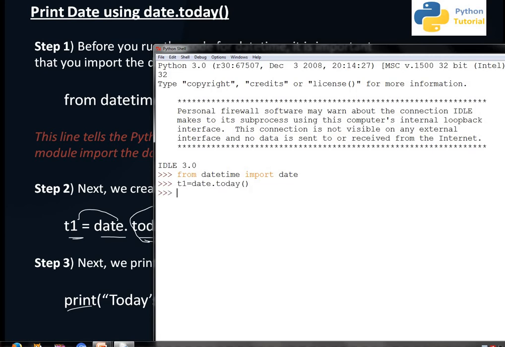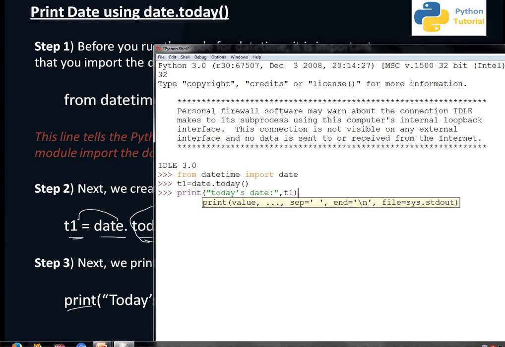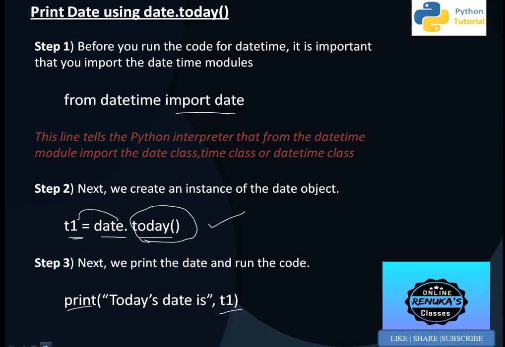Now we are going to print today's date; any message you can display. So we are displaying "today's date", comma, t1, because t1 is holding the current date. The current date is 8th of July 2020, and it is shown in YYYYMMDD format.